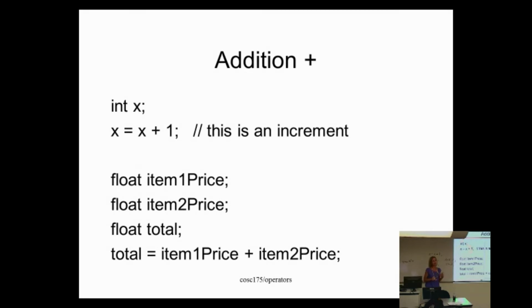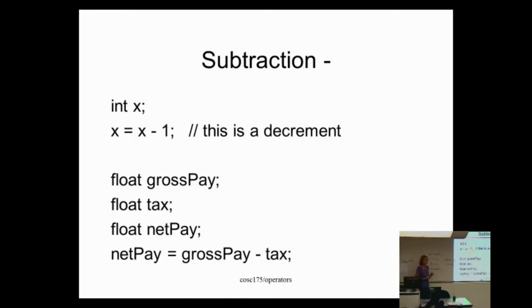And I'm being very bad. I'm always using x, which goes against everything, right? We should be calling this num people or num students or something. It's just shorter to write on the board. So I should be using meaningful variable names. Okay, the next